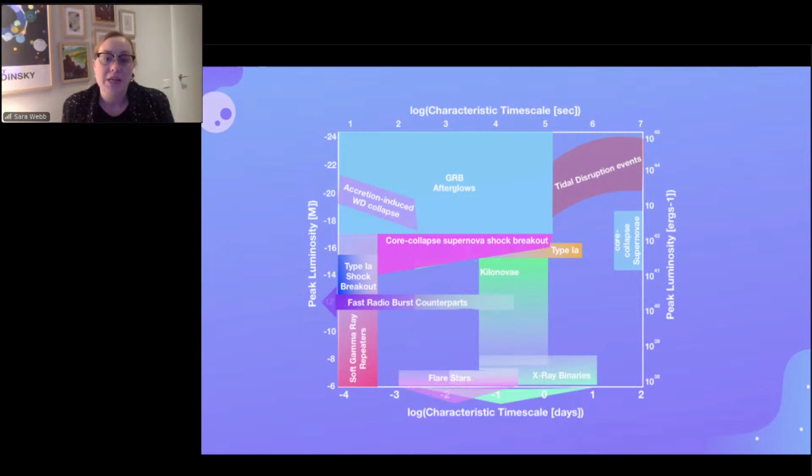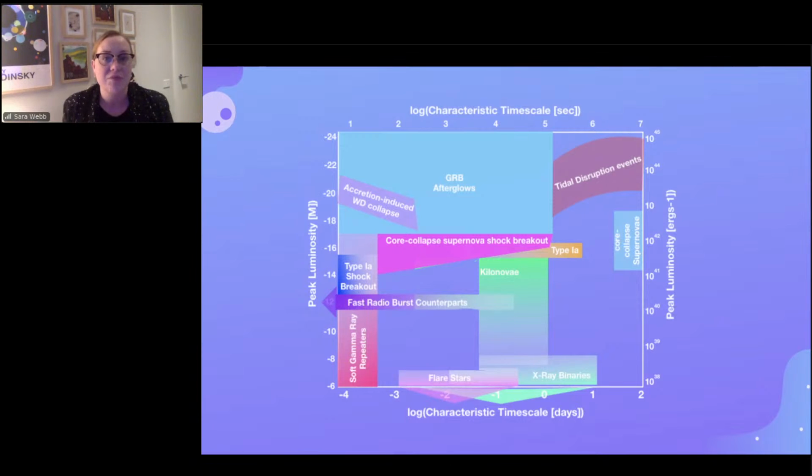What gets really tricky though is when we start to look a little bit to the left, my left, of the plot, where we're looking at things like type 1a shock breakouts, fast radio burst counterparts, and things that are still predictive and that are theorized to last on milliseconds to less than an hour timescales. This is where it gets quite tricky, because we are really relying on our clever algorithms to discover them in the truckloads of data that we're collecting from all of the different observatories around the world.